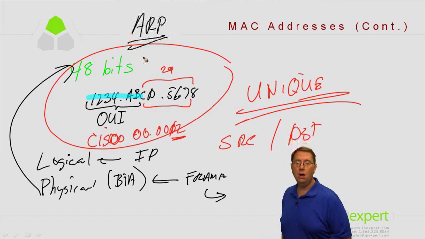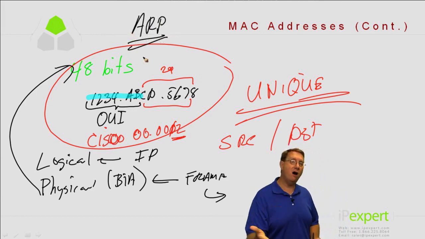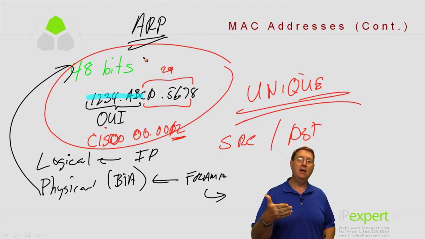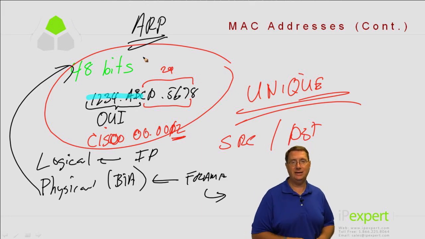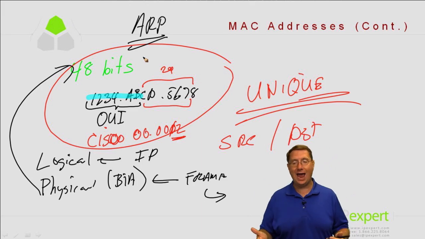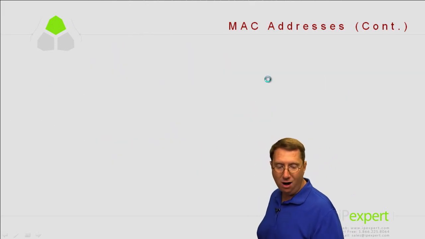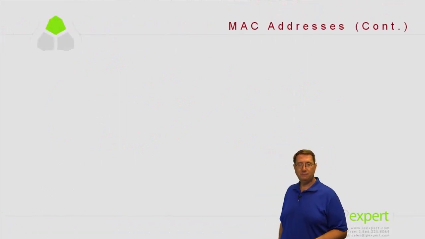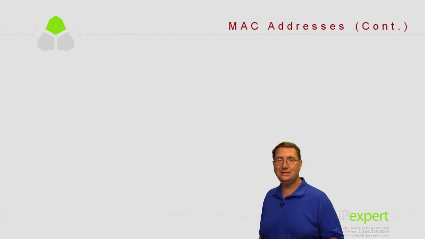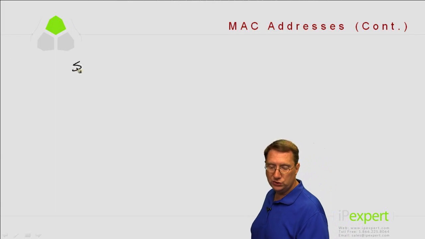Address Resolution Protocol, where I have a series of processes that I follow in order to obtain what I need. I have the logical address, and I can use ARP to find the physical address, the burned-in address of my destination. And what we're going to need to do is understand exactly what components in our infrastructure are involved in that process and how they operate and how they're interconnected. Now, when we work with these MACs, the whole idea here is, like I said, the fact that we're using these to identify specifically the source